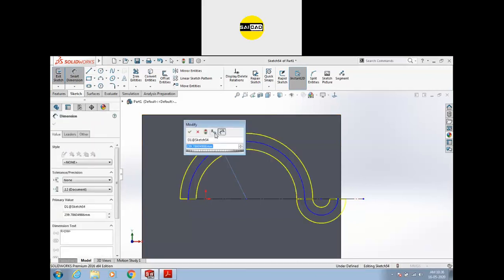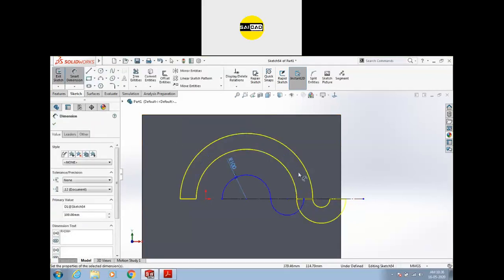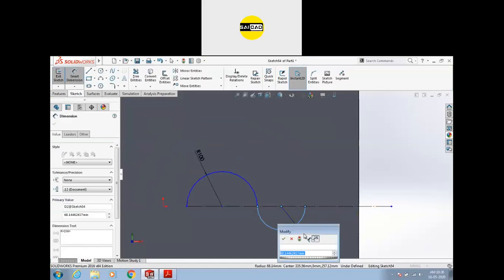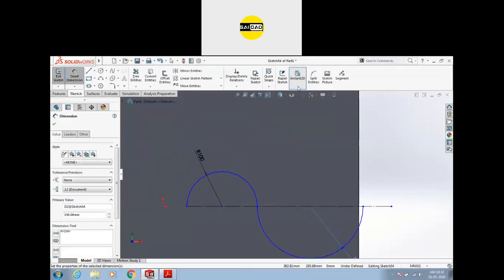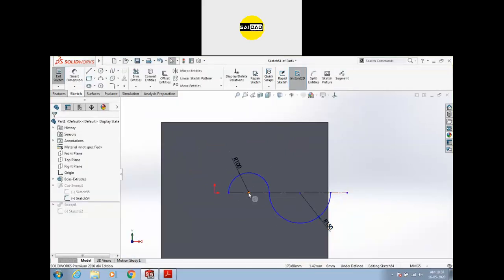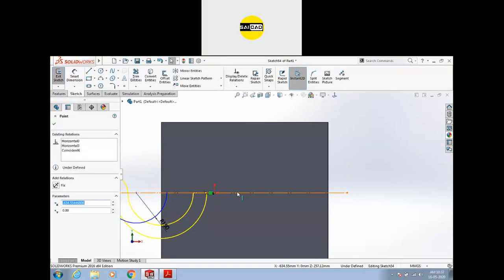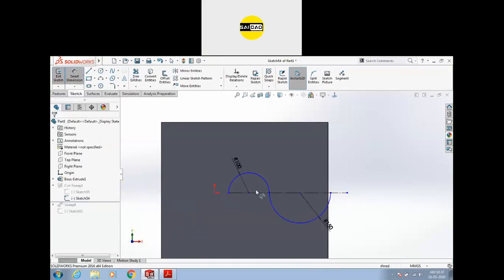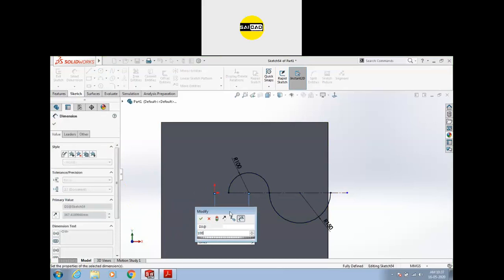This object should be 100 and this radius should be 150, and this object should be from here at a distance from this point to this point is 100.